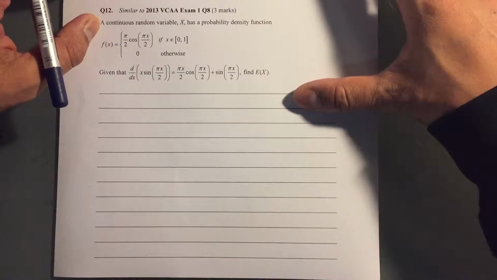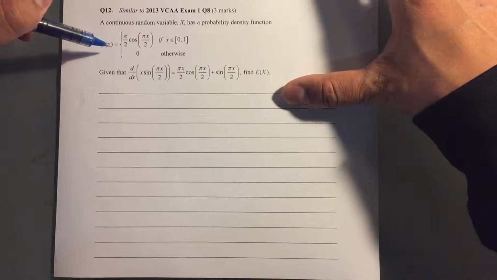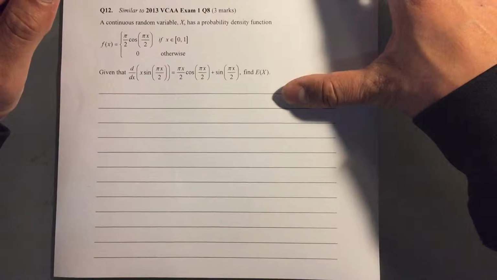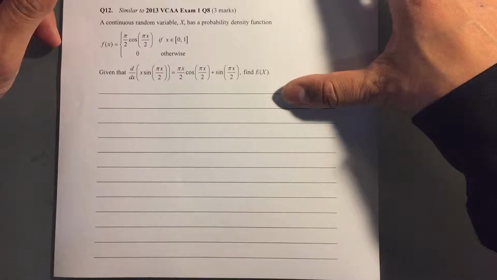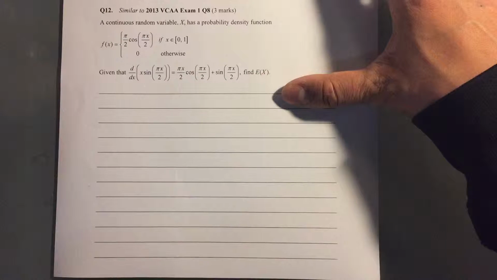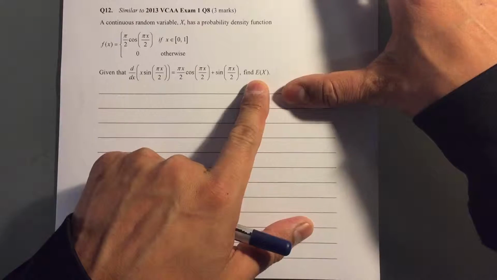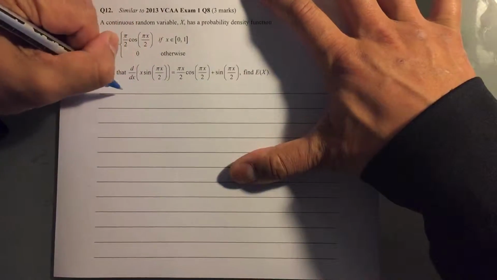Okay, this question is similar to a question from the 2013 VCAA, talking about a continuous random variable with a probability density function. Of course, we know that for a PDF, the area between 0 and 1 will be equal to 1. This question is saying find the expected value. Now, if I want to find the expected value,